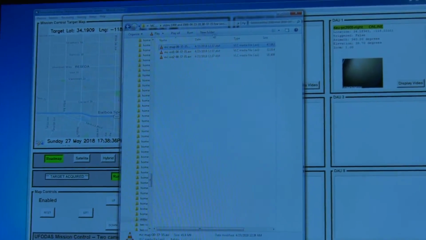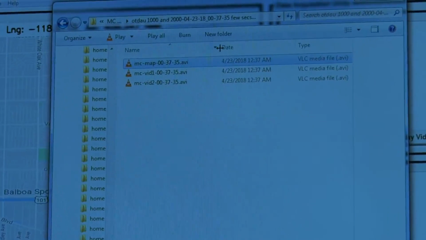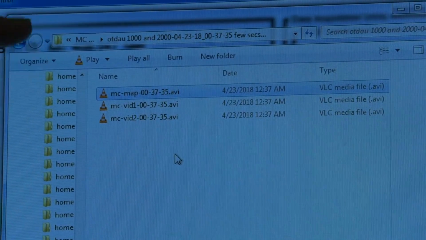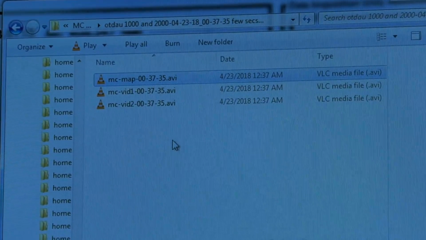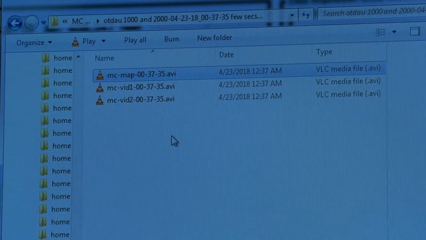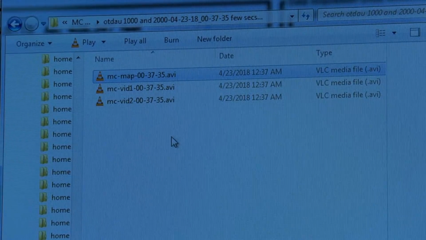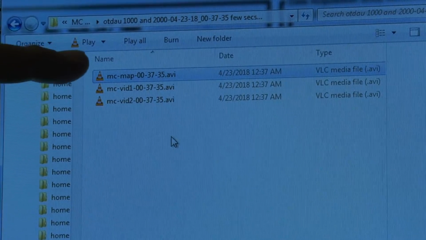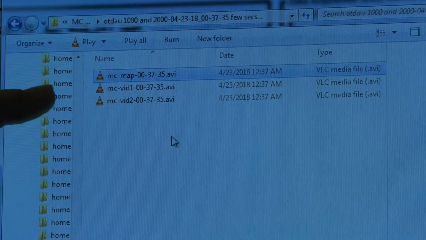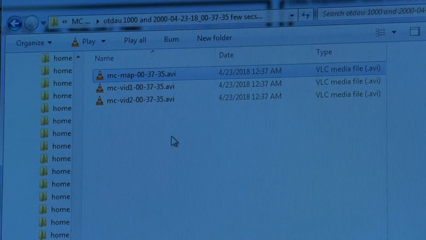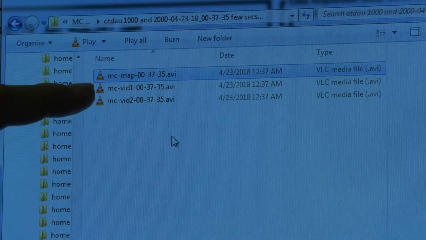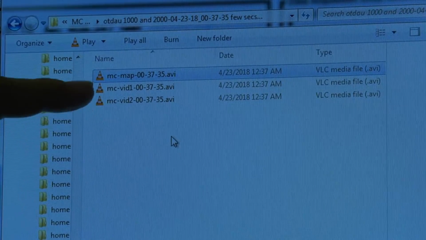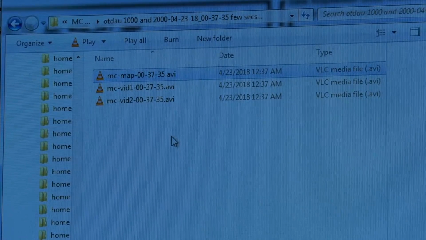This first one is an AVI, a video of this Google Maps screen with all of the metadata on it in real time. So as the triangulation is moving, all that's captured in real time into a file that can be played back, which we're going to do. It also can simultaneously collect the actual video streams from the two cameras that are contributing to that triangulation.